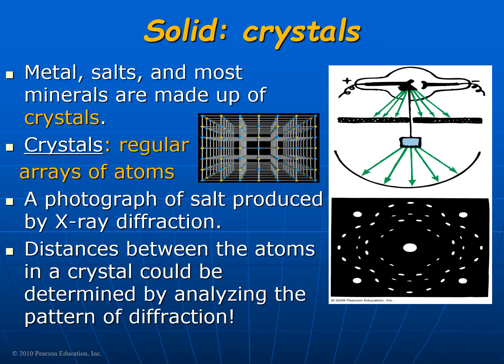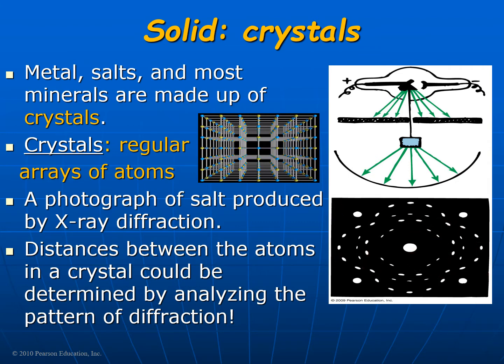What is a crystal? Crystals are regular arrays of atoms, the atoms being arranged in these forms. How do we know the form of the crystal? We can use X-ray diffraction methods, by which the photograph produced can tell us the distance between the atoms throughout the crystal. So the distance between the atoms in the crystal can be determined by analyzing the diffraction pattern of the X-ray.